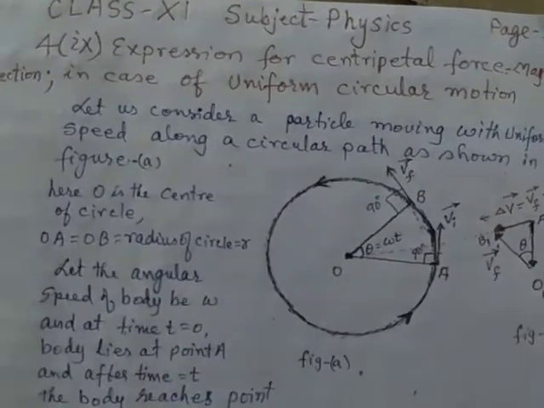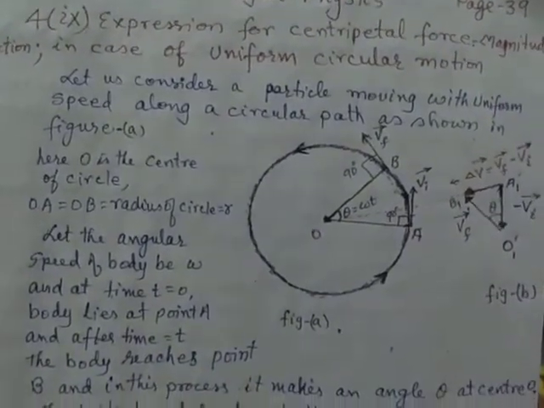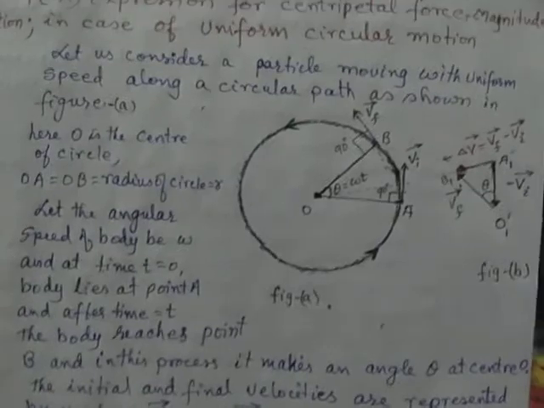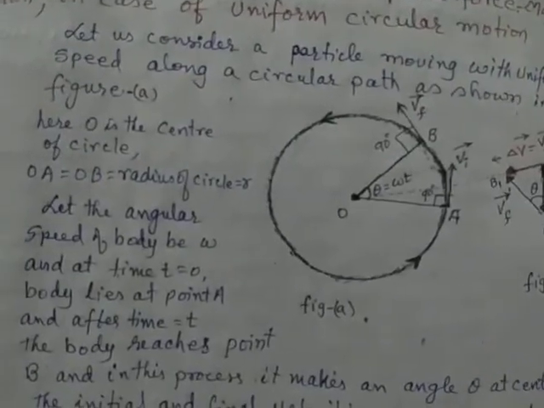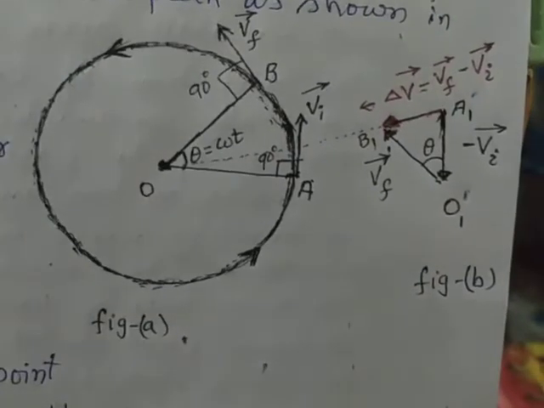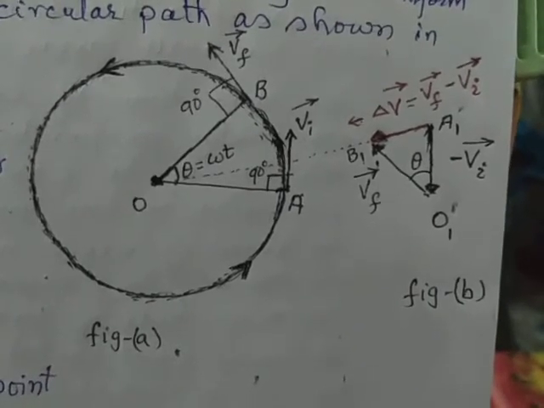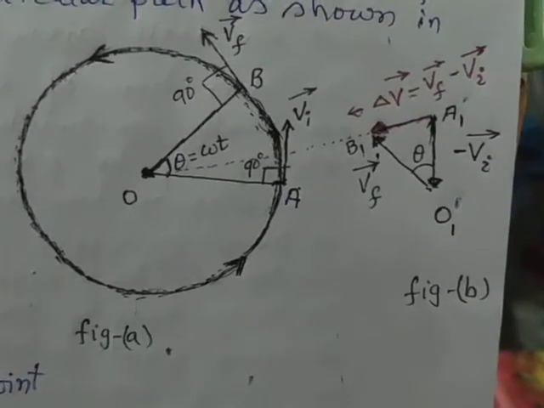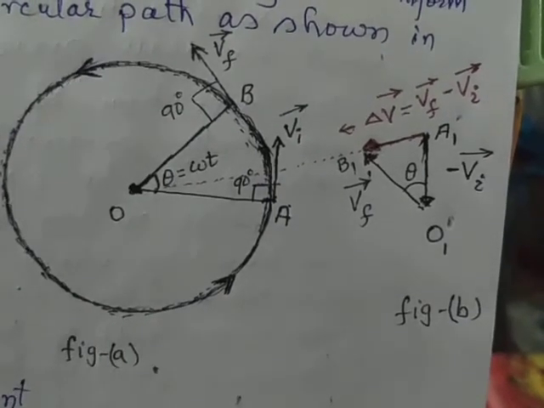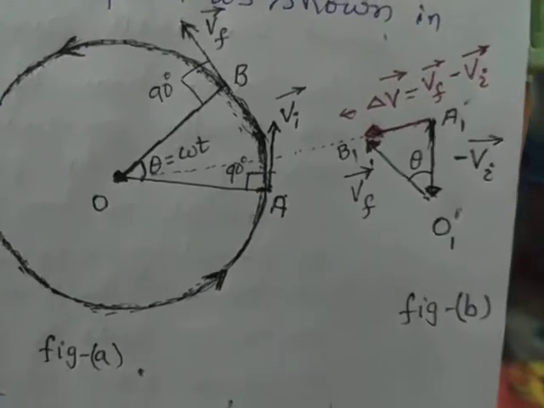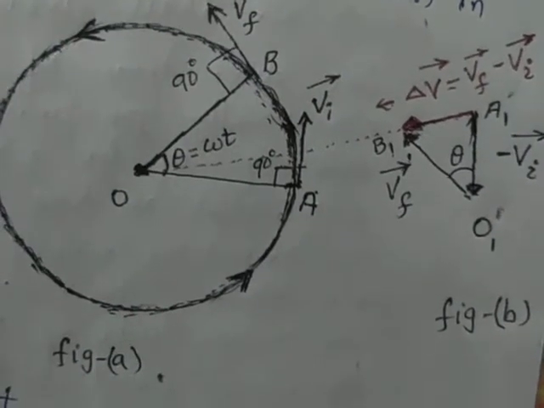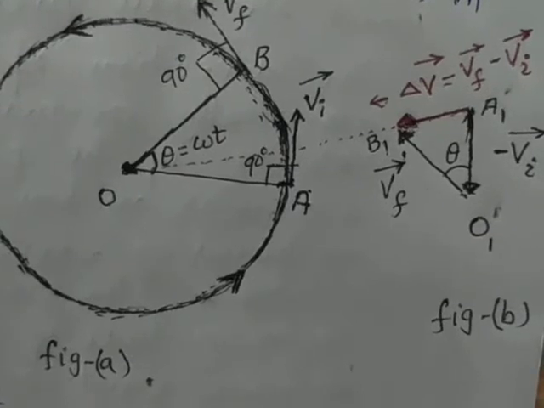Class 11. Today we are going to find the expression for centripetal acceleration and hence the centripetal force acting on a body which is moving on a circular path with uniform speed. Say for example we are talking about a circle as you see here, and a body is moving from point A when time taken is 0 to another point B when time lapse is delta t, and in this process it has subtended an angle of theta at the center of the circle. We also assume that the radius of the circle is small r.